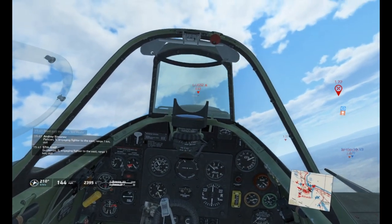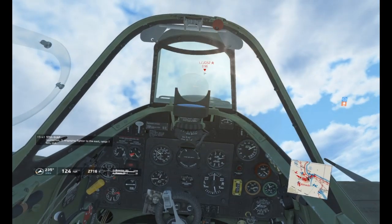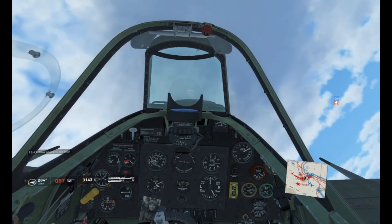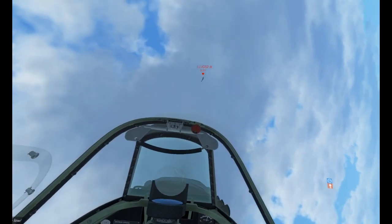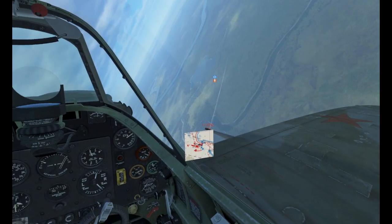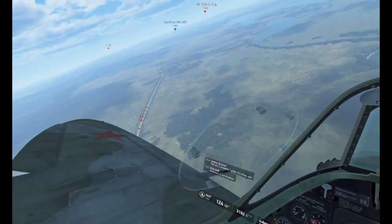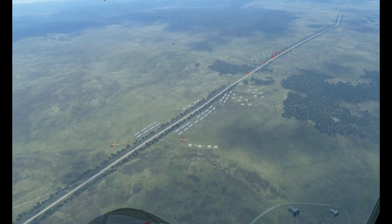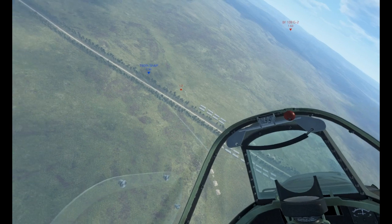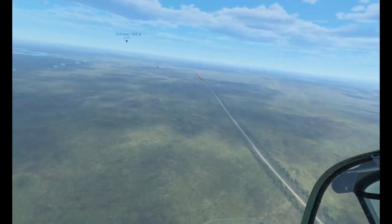Yeah, the gun sight, it's just a bit harder to... You've got to kind of just concentrate on looking. It's not like, you know, it's not as natural, if that makes sense. And we are stalling, not even looking at our airspeeds. Very easy to make a mistake. He's going down. Target destroyed. Really want to get a 109, but...